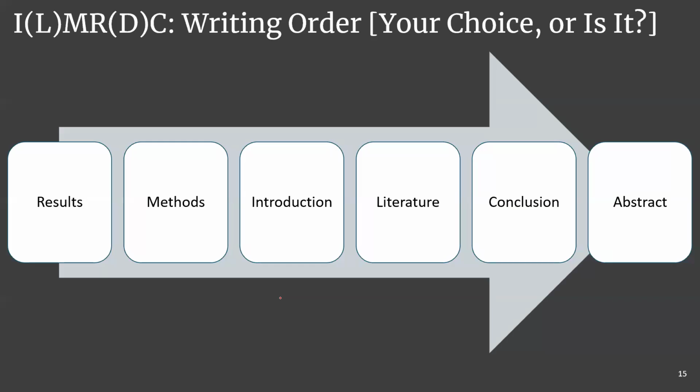Some people choose to write their results first. Some people choose to write their methodology first. Usually, they write the conclusion and the abstract last. One of the most important things in a paper to get it accepted is the introduction. So you should concentrate more on the introduction and identify the right flow of the argument that would convince your reviewers that the gap exists and this gap is fulfilled by the contribution that you make in the research.